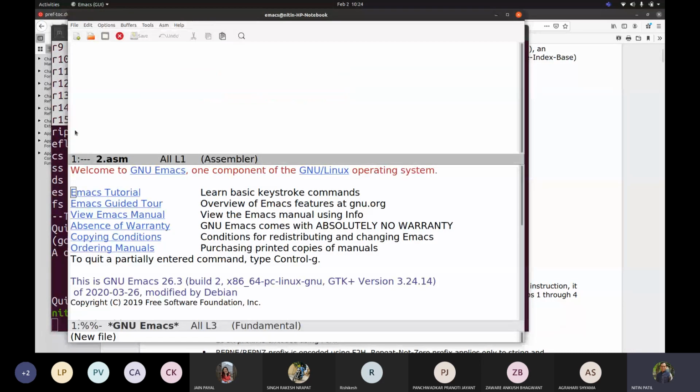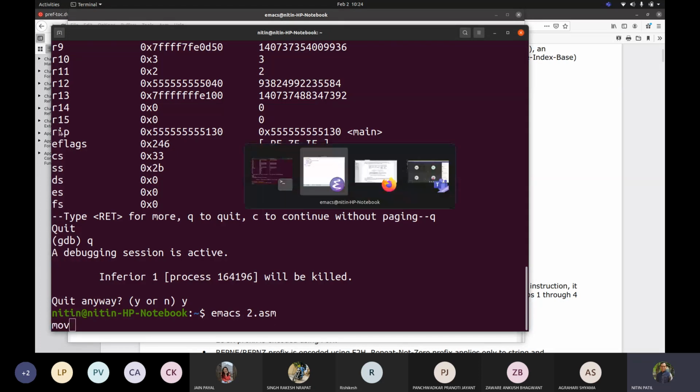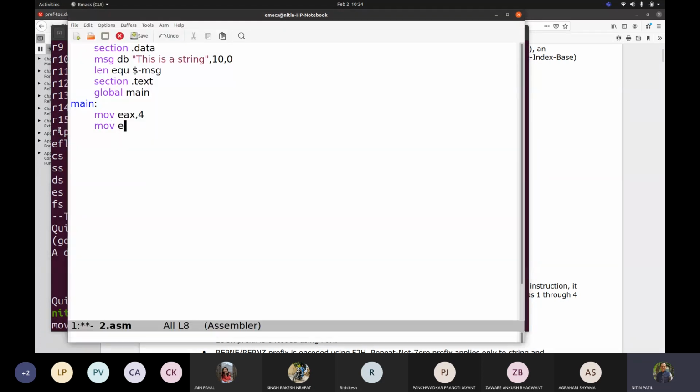2.asm. Let me take section .data. We'll display this string, and we'll write len equ $-msg, and we'll use section .text, global main. Now the write system call is 4. Sorry, move EBX, where exactly you want to display, so 1.